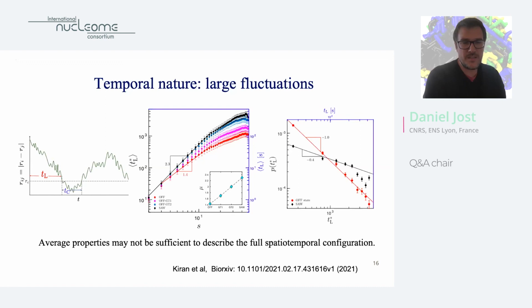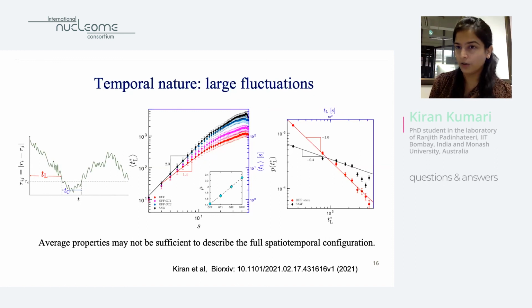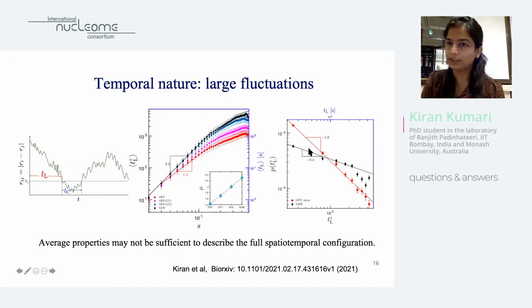Okay, and do you also look at the distribution of these times for the on state? Because I can only see the off state and the self-avoiding walk. What is the difference with the on state, which is supposedly more open? What we have seen is that the on state is much closer to the self-avoiding walk. To do a systematic study, I looked at the self-avoiding walk and the two intermediate states. The black data points here are the distribution of the self-avoiding walk, which is close to the open configuration of the on state. And for the loop formation time, both are showing a Pavlov behavior.